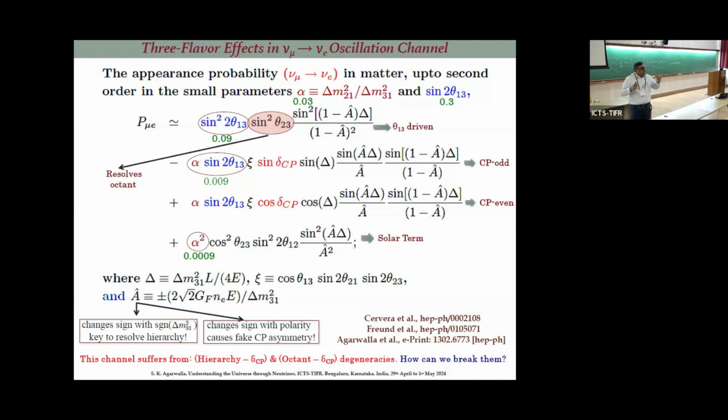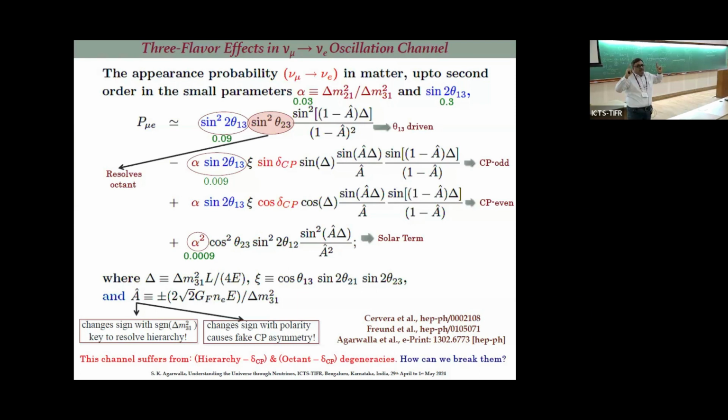But then these neutrinos travel through matter, right? You always have some matter, whether it is 200, 300 kilometers or 800 or 1300 or 5000. You have some matter through which neutrinos are traveling, correct? So once you have matter, you have to worry about this term. But think carefully. This term also changes sign when you go from neutrino to antineutrino. So even if delta CP is 0, you measure neutrino and antineutrino probability in matter, you can see some difference. This is called the issue of fake CP asymmetry.